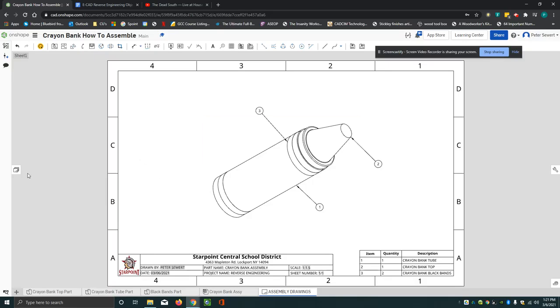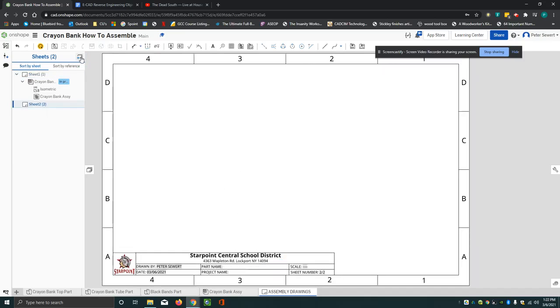What I'm going to do now is I'm going to add a sheet to this assembly drawings file. So I'm going to click on this little icon on the left here that looks like a bunch of pages stacked up, and I am going to go up to the upper right hand corner here and select Insert Sheet. So that brings in a new sheet for my drawing. Okay, now what I'm going to do is I'll go back to Insert,